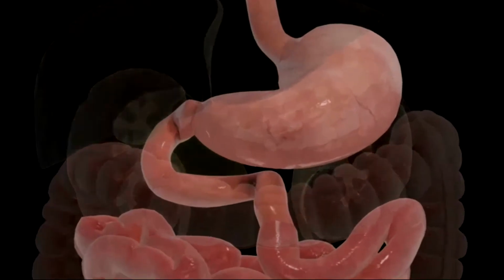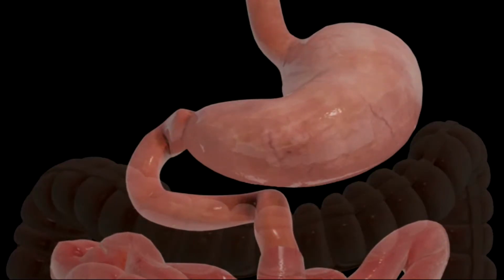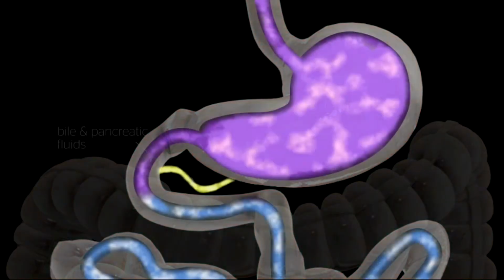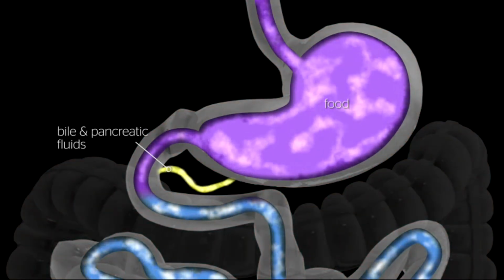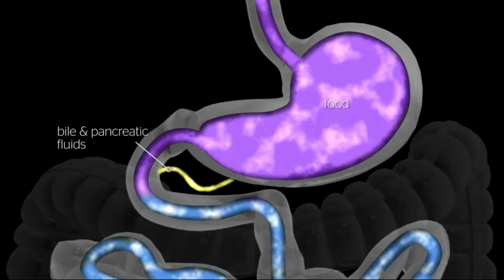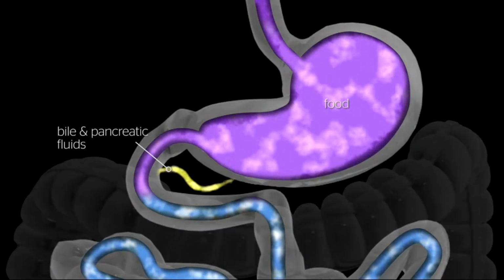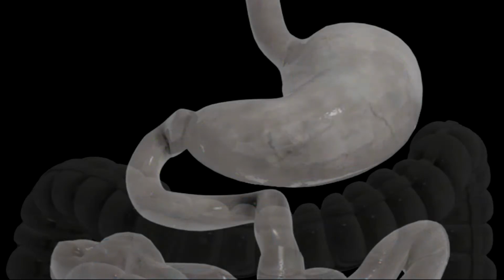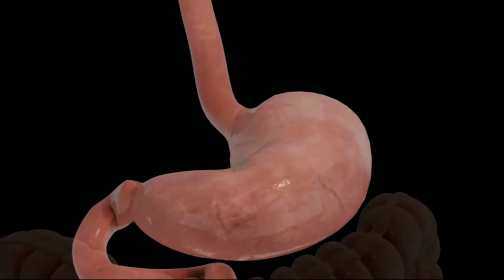The average human stomach can expand to hold around 1 to 1.5 liters of food. While in the stomach, food is combined with digestive enzymes. These help break the food down into a simpler form so that it can be digested more easily and absorbed in the small bowel. During a gastric bypass, a small pouch is created in the stomach using a stapling device.